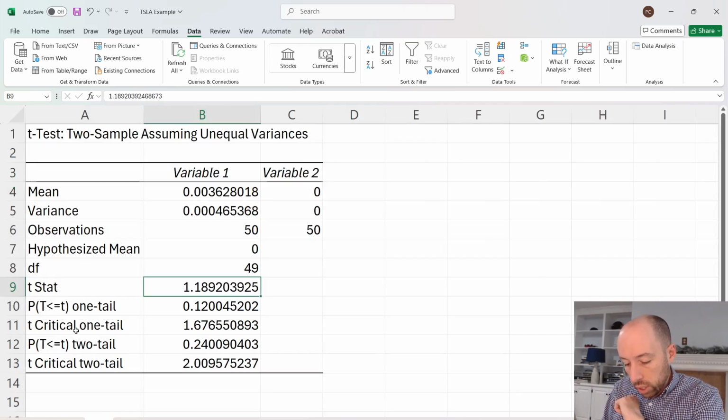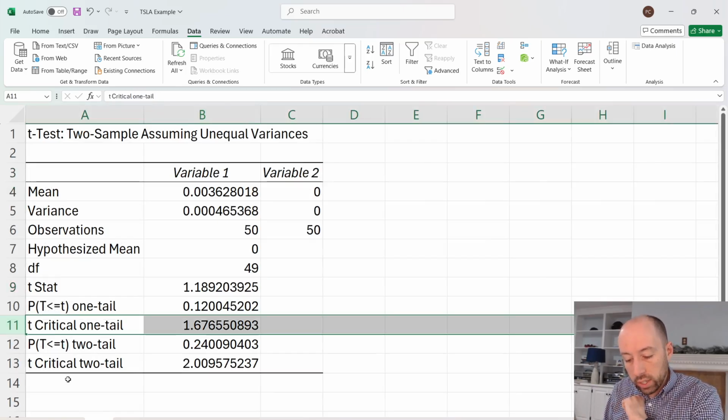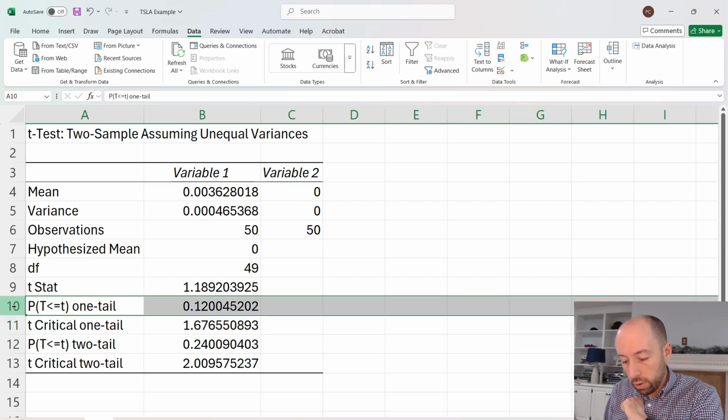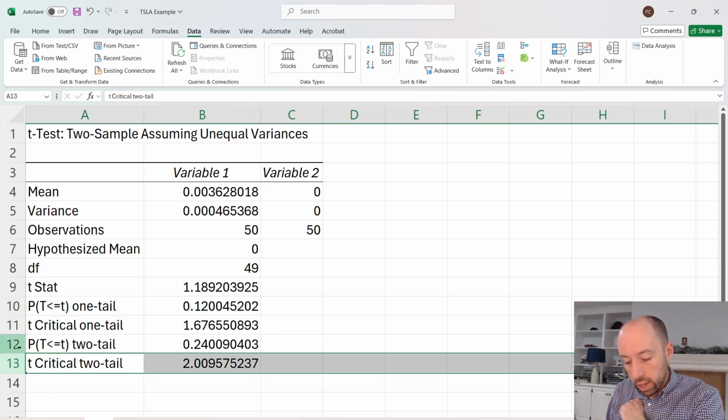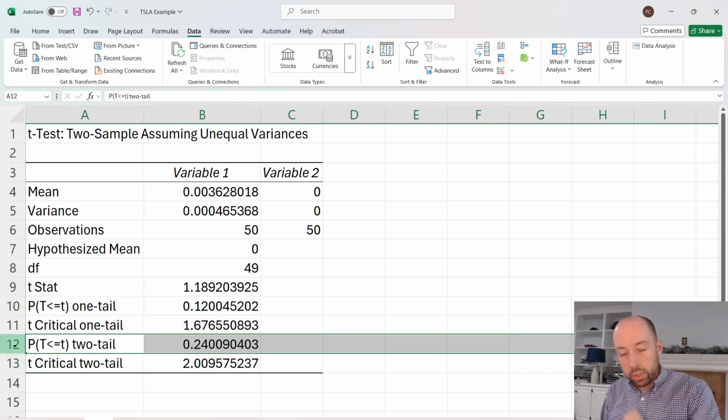Now what does it give us? It gives us a critical value for a one-tailed test and a p-value for a one-tailed test. It gives us a critical value for a two-tailed test and a p-value for a two-tailed test. The critical value here is what t-statistic you need to see in order to reject the null hypothesis. And if you're thinking to yourself that should be 1.96, right? You are correct. Well, 1.96 follows the normal distribution,